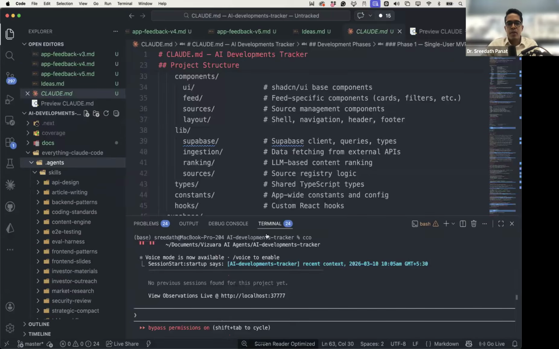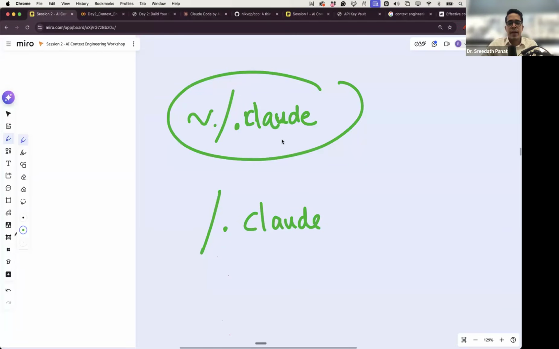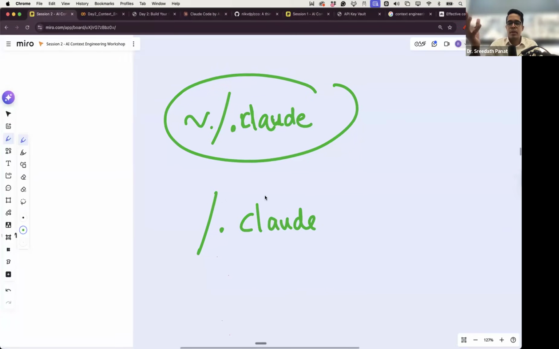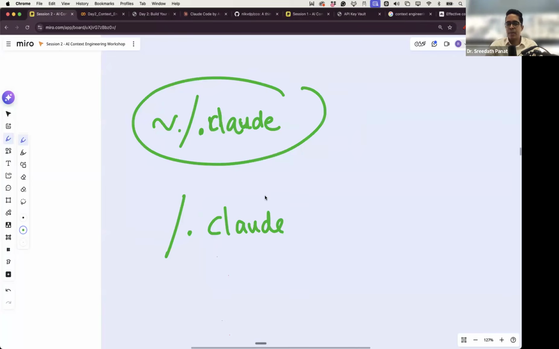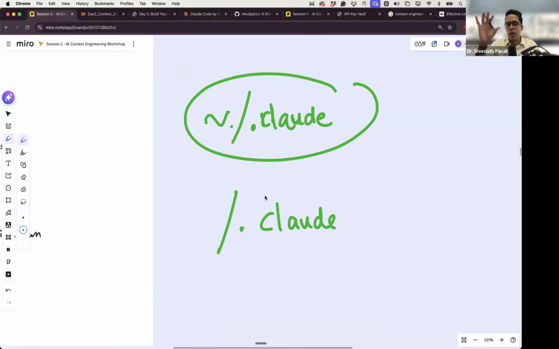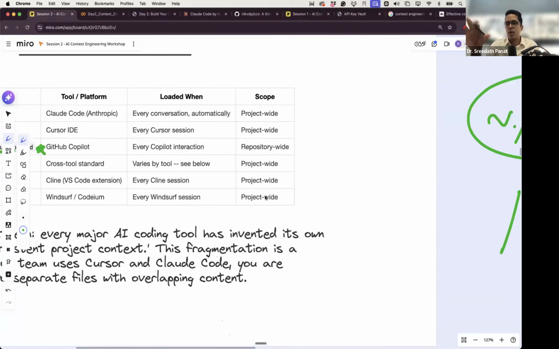Why is there nothing related to Gemini? Same reason, because of the coding agents. See, we have to understand two differences. Coding agent is different, LLM is different, right? Gemini has different LLMs. Kimi is an LLM, Qwen is an LLM, Opus 4.6 is an LLM. Claude Code is not an LLM. Claude Code is a coding agent which is built on top of LLMs by Anthropic. You can use Opus, Sonnet, or Haiku, any LLM within the suite of LLMs provided by